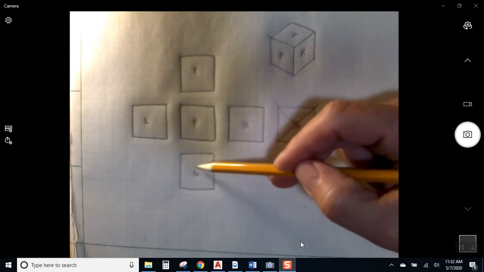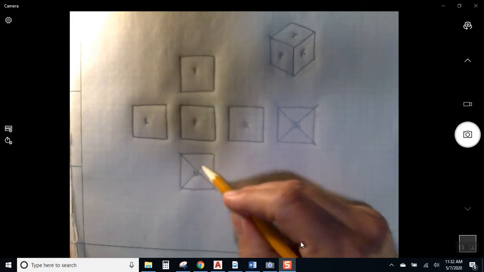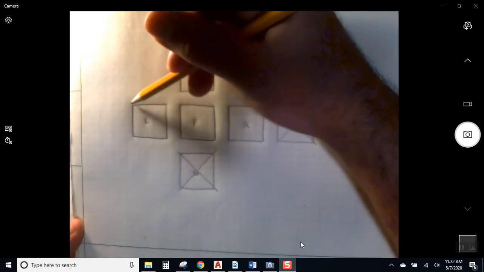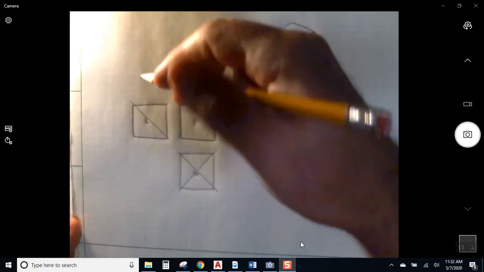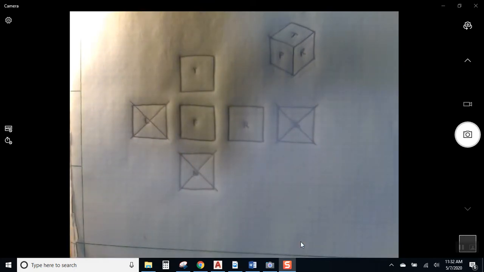The top and the bottom, same thing. They pretty much tell the same story, so we're going to eliminate the bottom. And the left and the right, same situation. The left really doesn't give us any more information than the right does,